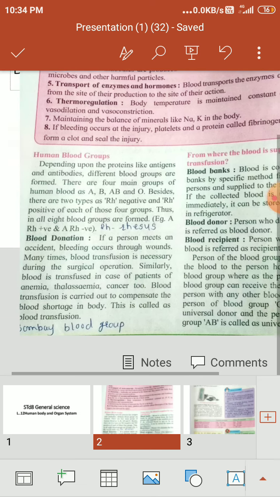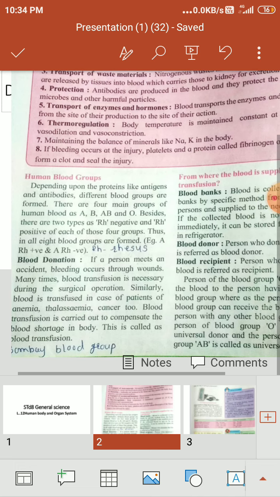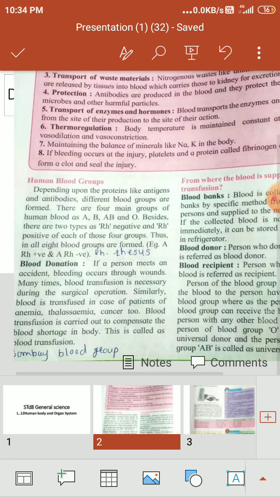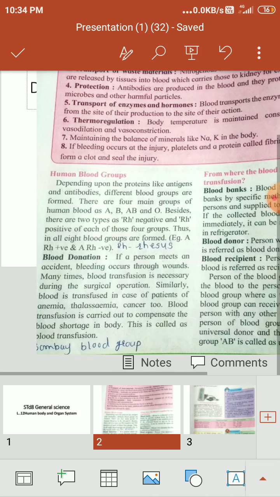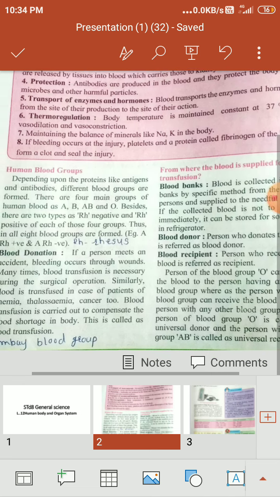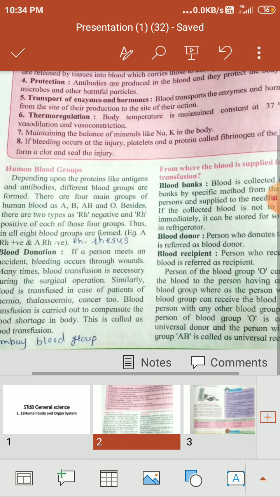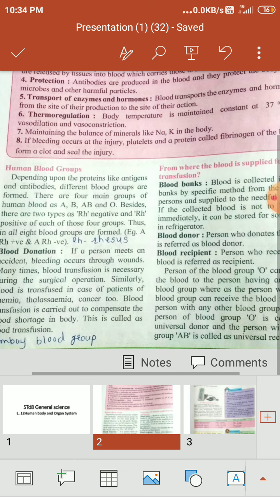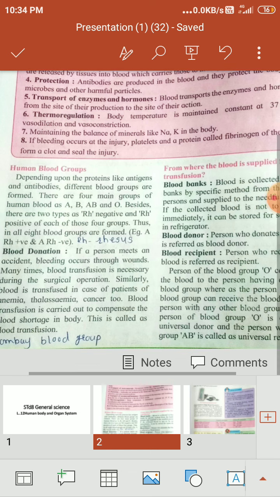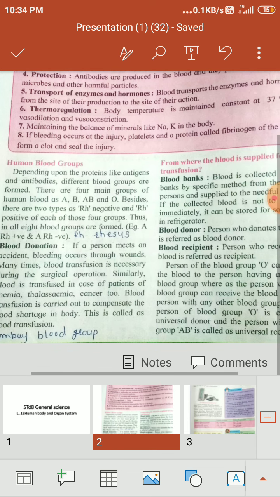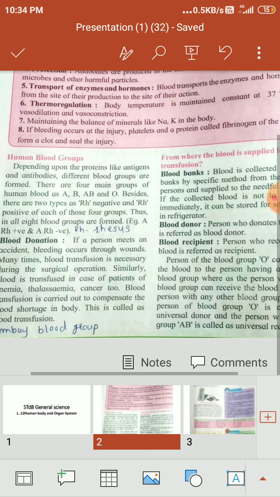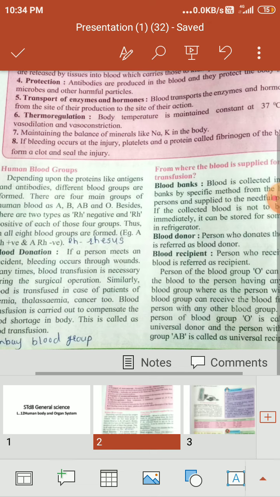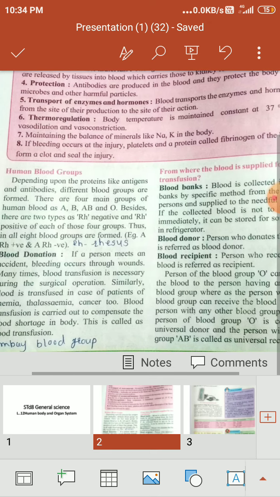Now here, the Bombay blood group is given. Blood groups are hereditary and depend upon the genes inherited from parents. Blood transfusion is performed only after the blood group is matched. We can't donate blood to anybody by our own will. If it is done without matching, it may prove fatal. A person who donates blood may become a recipient in the future. Donation without any expectation is always life saving.